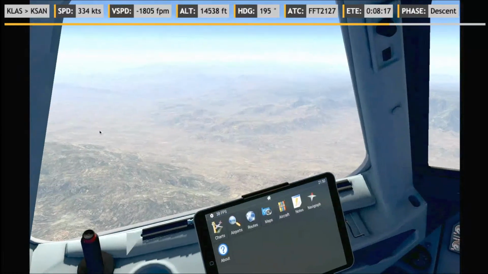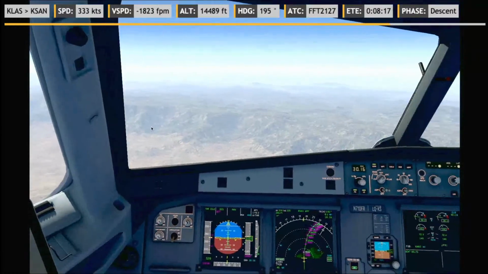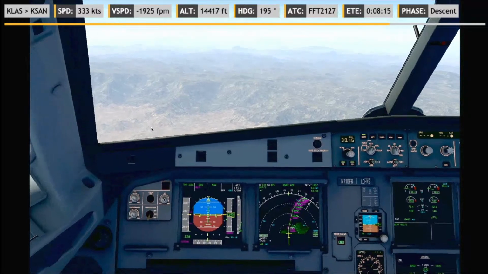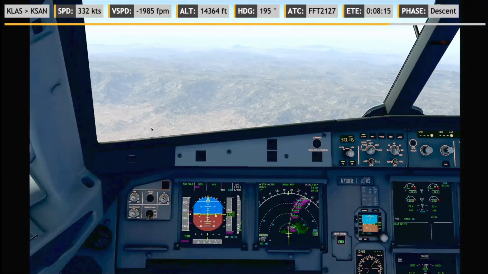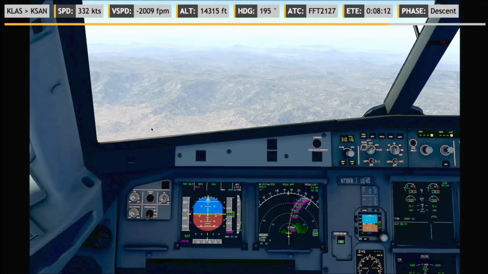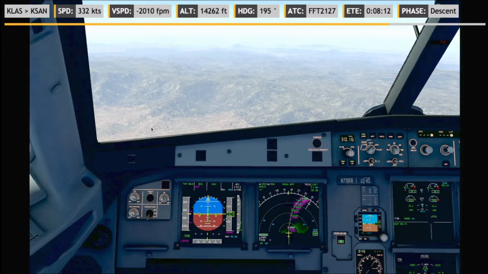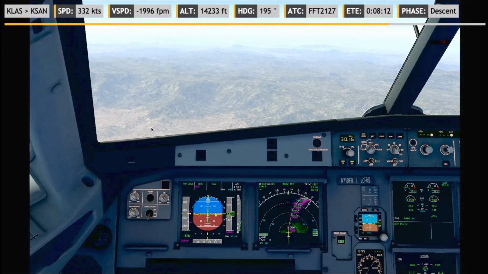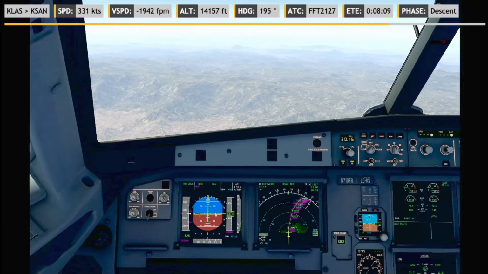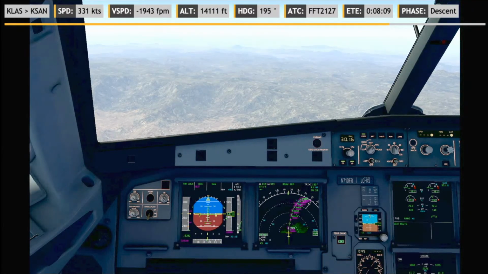It is looking like California, which makes sense because we're flying over California. Southern California, at least. A little deserty. Doesn't model any forest fires. I don't know if there's any wildfires at the moment. I don't think so. Yeah, there's a lot of winter, but